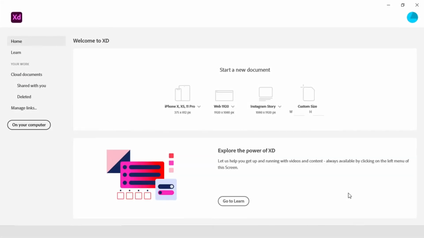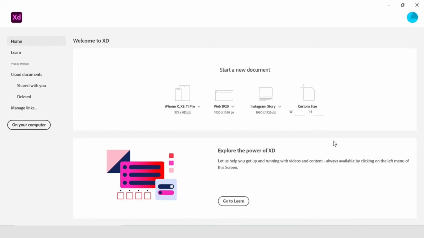Let's begin by creating a new document in Adobe XD. XD, like most Creative Cloud applications, has this helpful home screen that opens up automatically when you first open the application. This is the place you will come to create a new document or quickly access one you might already have. To get you started, what you will want to do is come here to the lower area where it says Start a New Design.